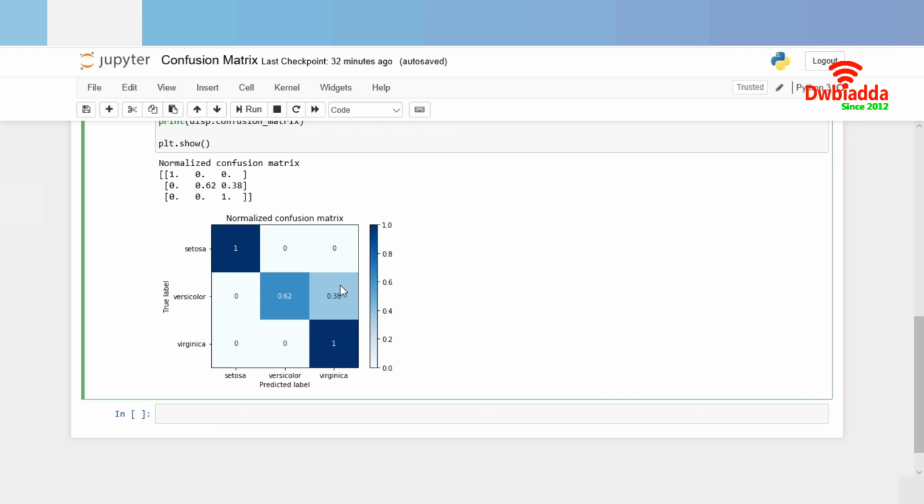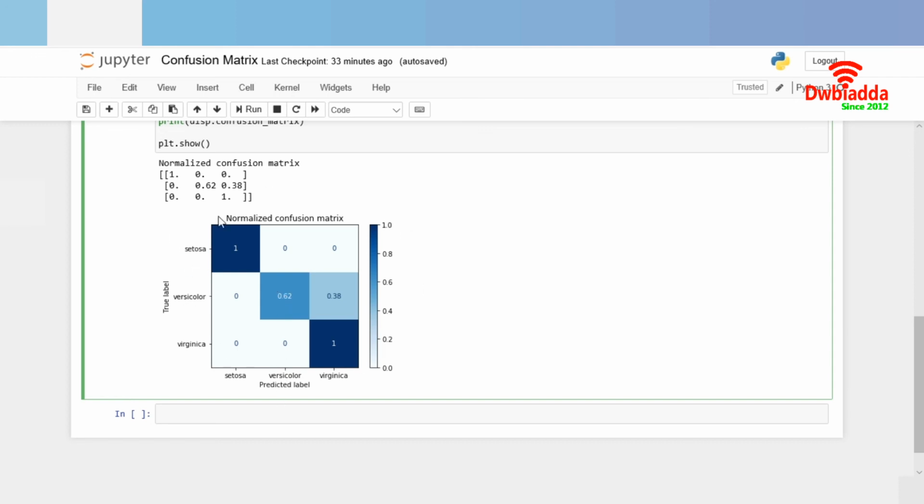And this is 38%. That means it detected them as the class Virginica, and this is Versicolor, which is classified 62%, and Setosa is classified 100% in one case, right? So that means your input, like Versicolor, you give the input that is a true label, Versicolor is this one, and your output is this one.